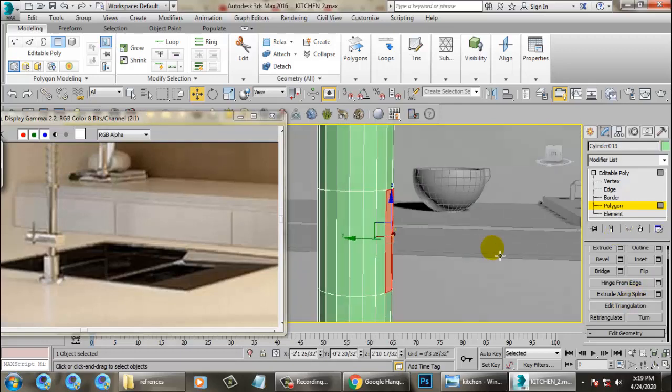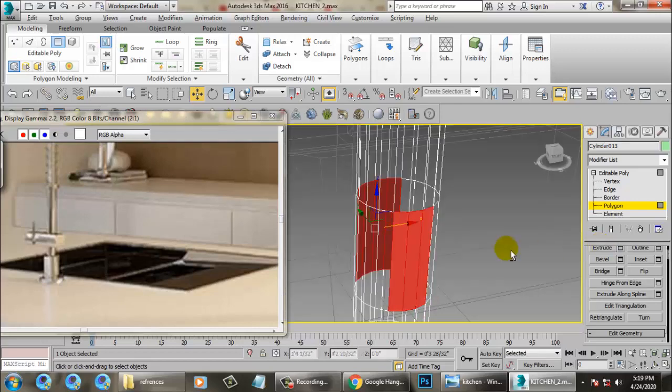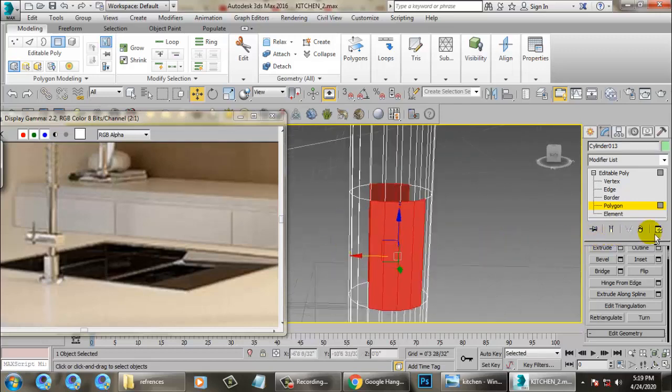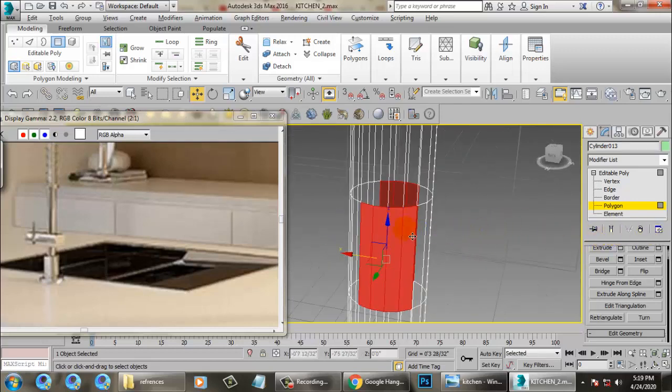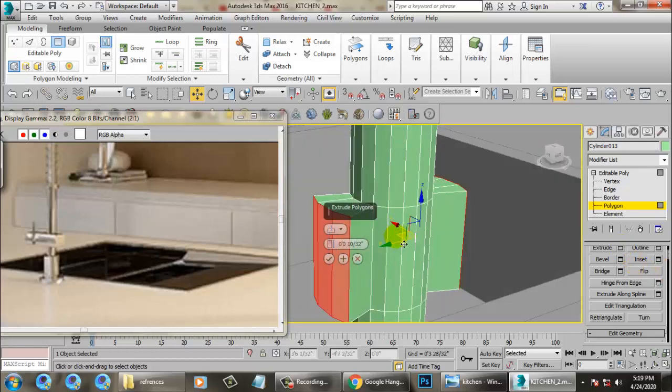Just extrude it from both the sides over here. Let's use a bit of extrude.